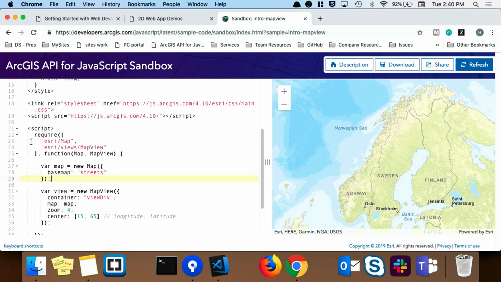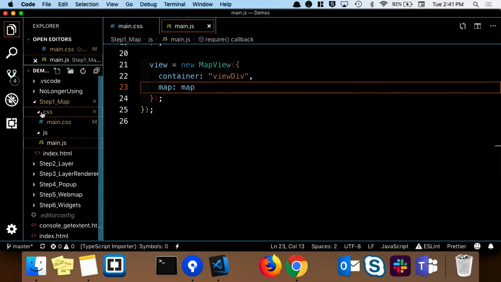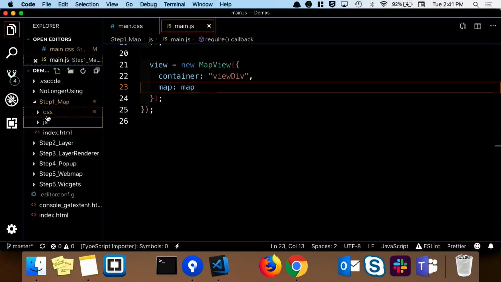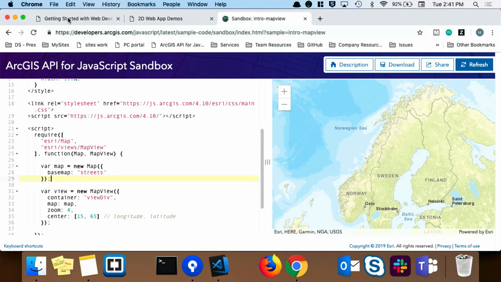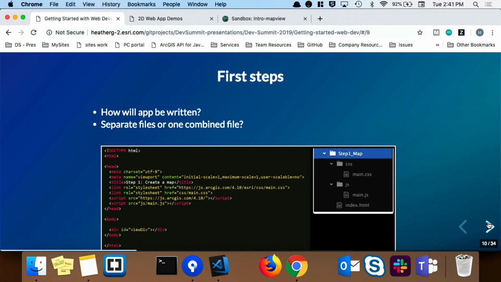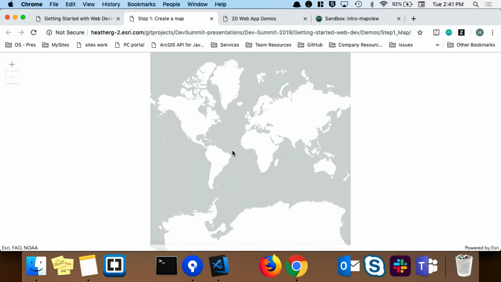So in our particular case and for our examples, I've gone in and created a separate folder specifically for my CSS, one for my JavaScript file, and then my index, my markup, okay? So what we have here is we're just going to make the very, very first step. So creating a map. It is a map. It's a very ugly map, but it's a map. So what do we have here? If we take a look at the actual code,